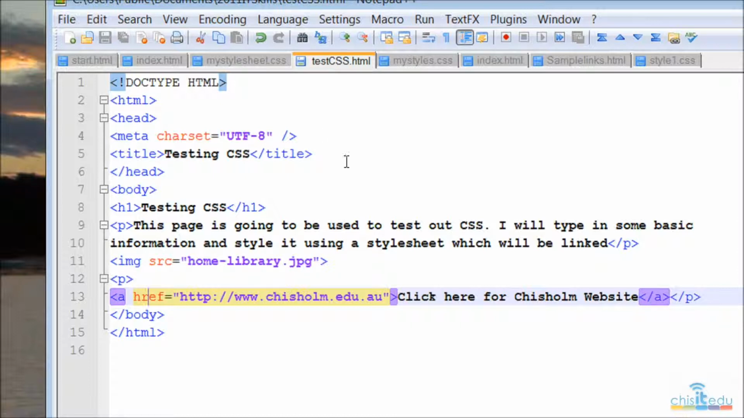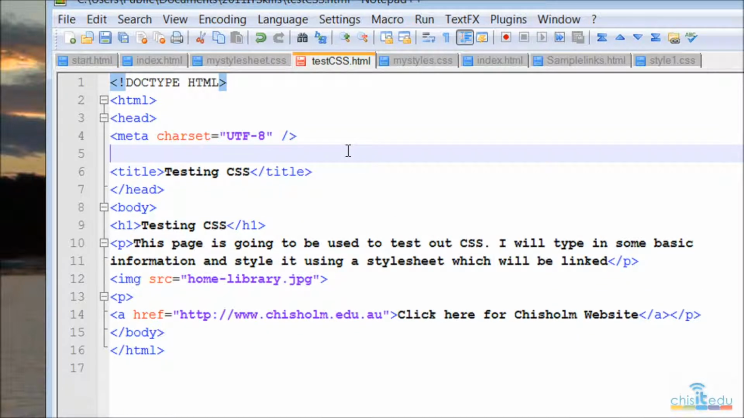So up here somewhere I will include my link command. So link href, let's hope it's in the same folder, and we called it style1.css, and it's for screen display. So we go media equals screen,